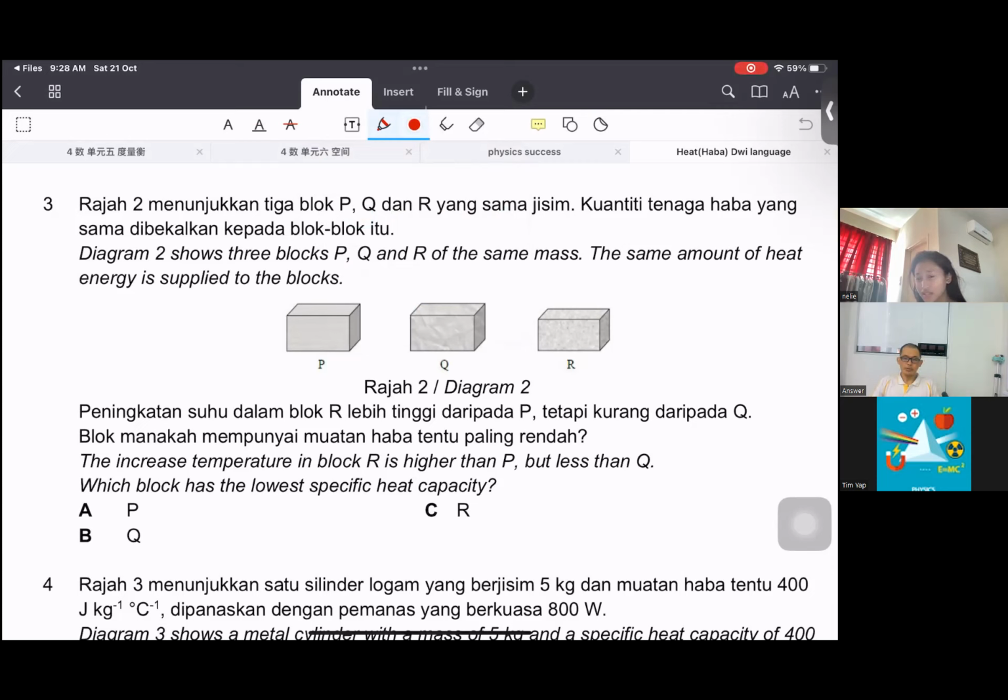Yeah, diagram 2 shows you 3 blocks P, Q, R of the same mass. The same amount of heat is applied. So the increase of temperature in block R is higher than P, but less than Q. So which one has the lowest specific capacity? So the answer is,